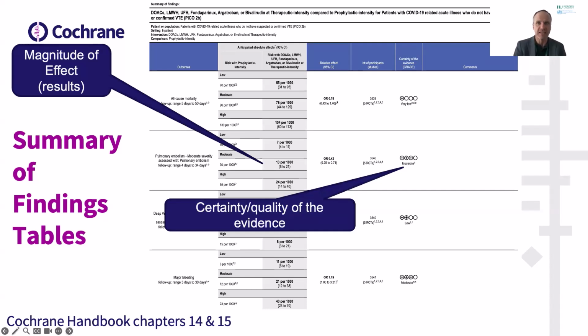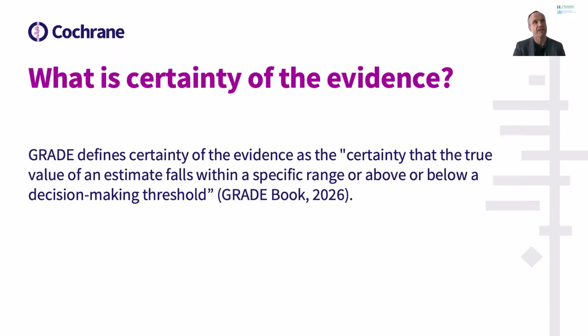And what does it actually mean in a narrative, certainty of the evidence? So the way that we define the certainty of the evidence is as follows. GRADE defines the certainty of the evidence as the certainty that the true value of an estimate falls within a specific range, or above or below a decision-making threshold. And the next webinar given by Professor Rietschok will be focusing on thresholds. And this is already a primer that this is extremely important in the way that GRADE has developed over the